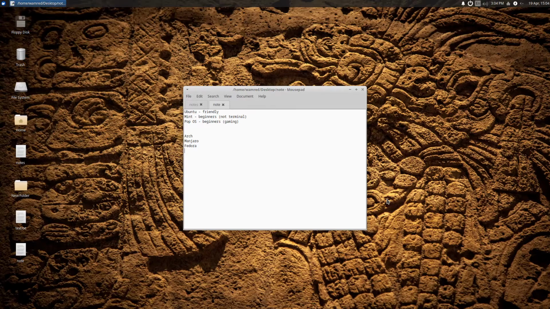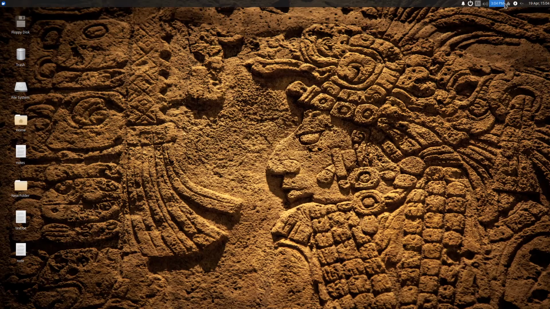I would stay away from that if your goal is not terminal, and the reason I say that is because setup's going to require terminal. That being said, even still, if you're like, okay, I want a good operating system that's stable, and I want to be able to do updates and everything I need to do without going in terminal, but I'm willing to take the time and put it into terminal at the beginning while setting it up,